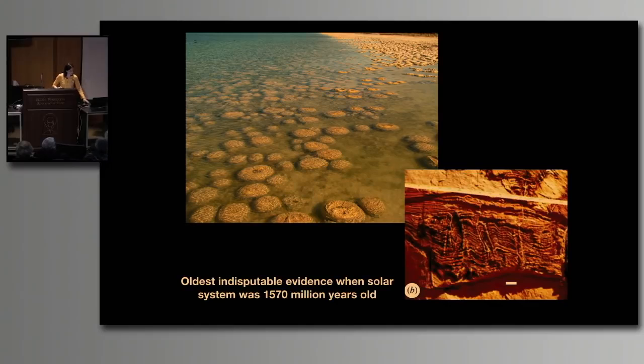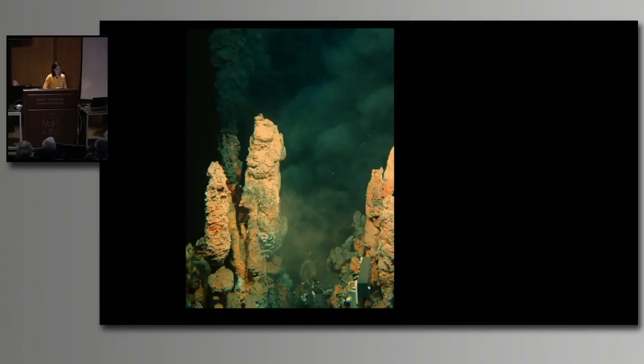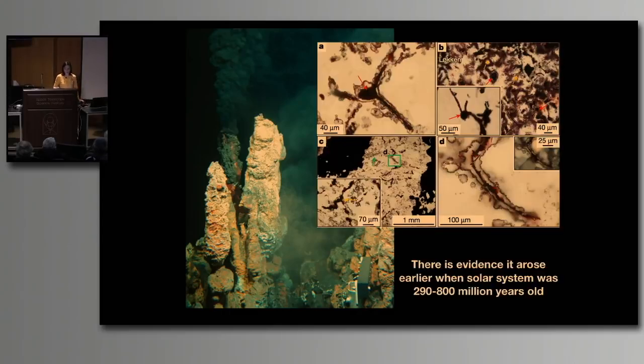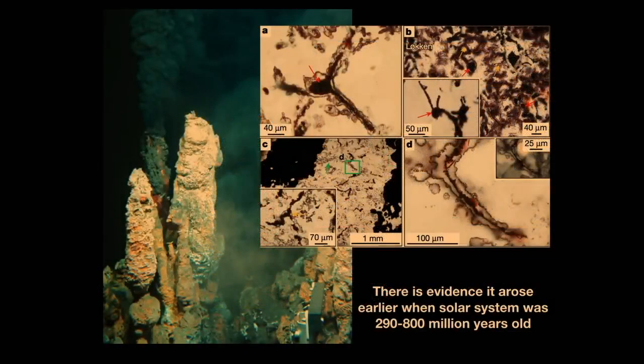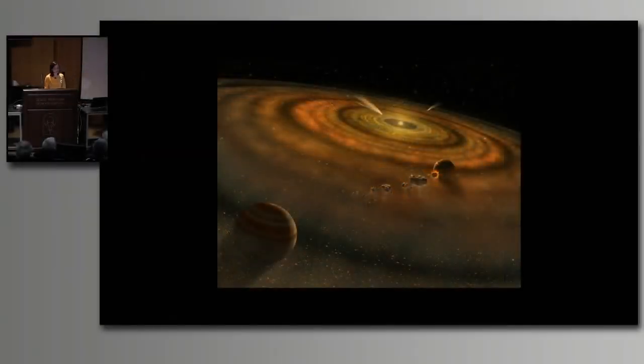Or it could be that life arose even faster in hydrothermal vents like these ones found at the bottom of the ocean. And actually the oldest evidence of life, this is more disputed, maybe these fossils, these microorganisms here that are much older than the stromatolites that I showed you earlier, and that are found in rocks that formed between 290 and 800 million years after the solar system formed. So, very quick. As you can see, we are not certain when life arose on this planet